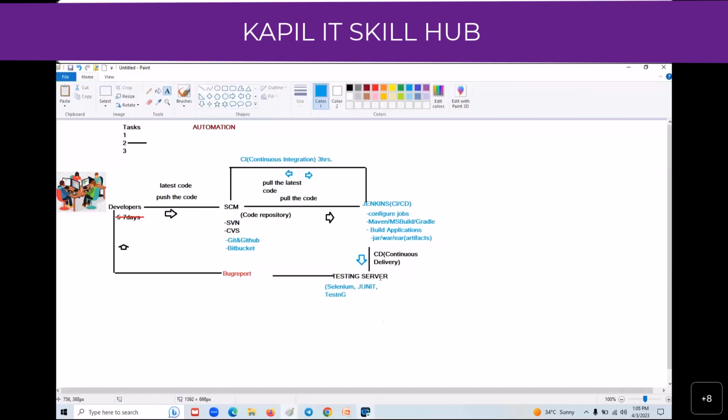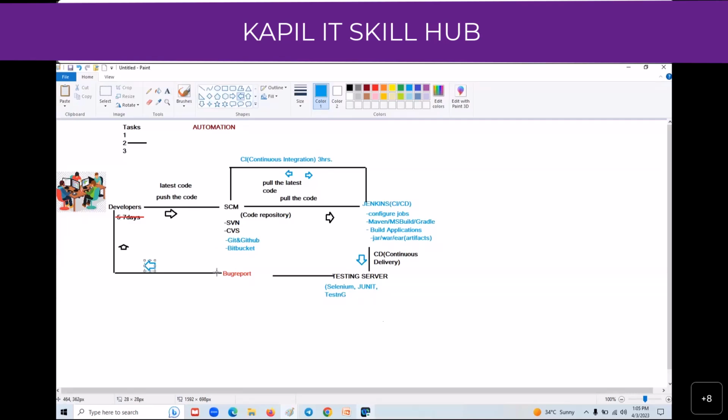These QA people are ready with the test cases, writing the test cases. Once this jar file has been deployed into the testing server, they are going to be executing those test cases and ensuring that the application will be 99% bug-free. They move into the next phase when they have completely tested that application. If they get any bugs, they'll be generating the bug report or test results, as we used to call them. After that, they are going to address that bug report to your developers.